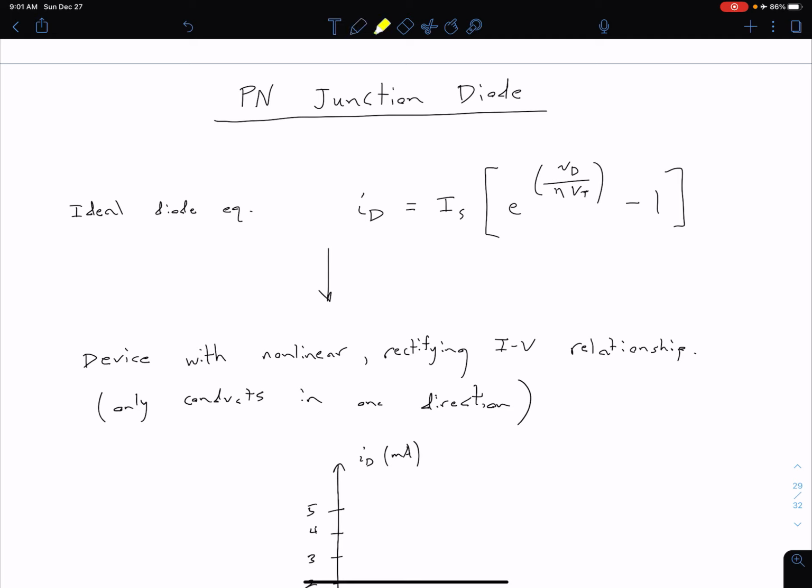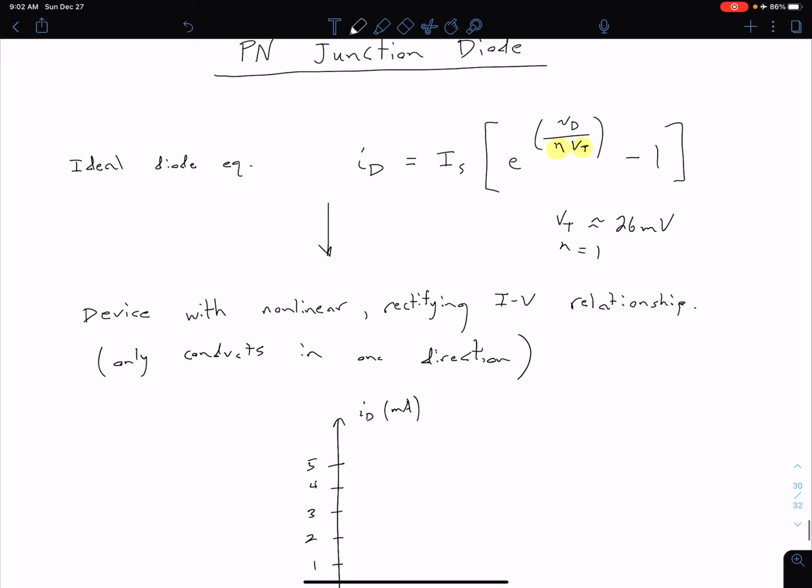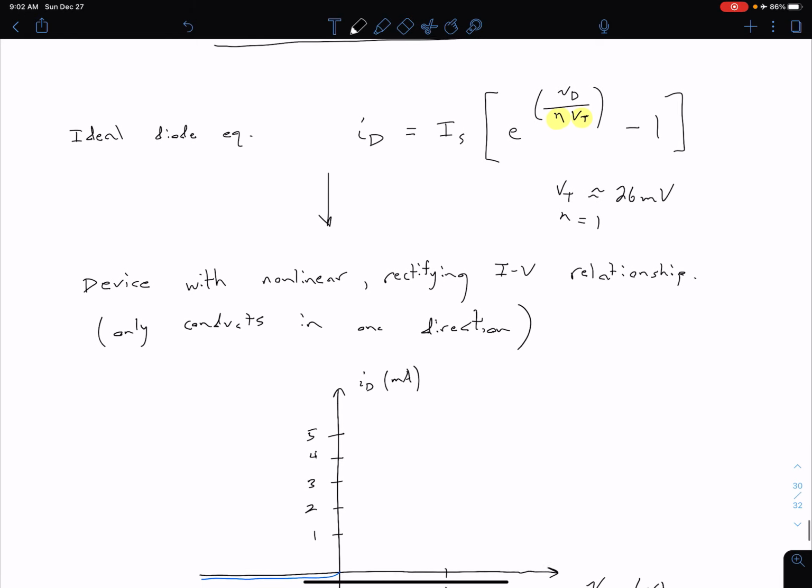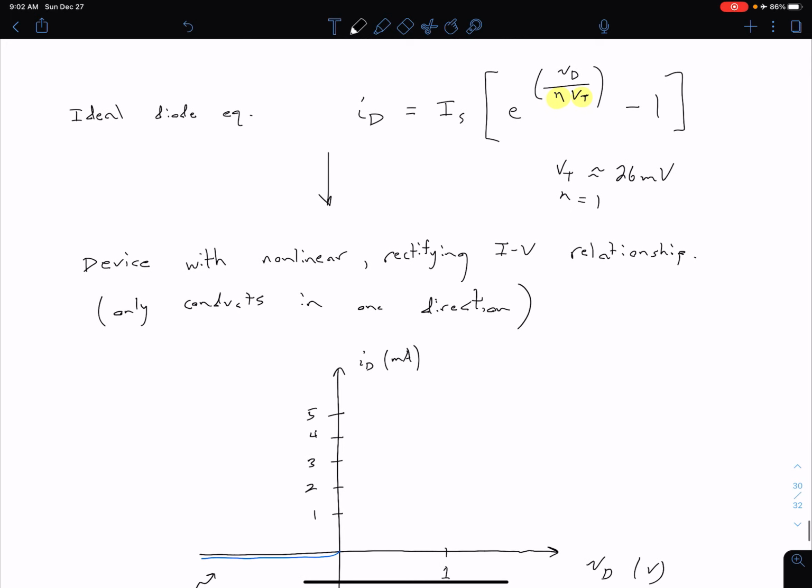Now in our other case, what we need to keep in mind is, of course, the value of this V_T. Remember, our V_T at room temperature is about 26 millivolts. What that means is we're going to see this exponential really start to kick in once our V_D begins getting significantly larger than that. Again, we're assuming that this coefficient constant n is just equal to 1 because we've not been told otherwise, so we have just V_D over V_T. Let's say that V_D is equal to V_T. Then we're just going to have e to the power of 1 minus 1, so we don't really have appreciable current. But as that V_D gets much larger than 26 millivolts, we're going to see significant current